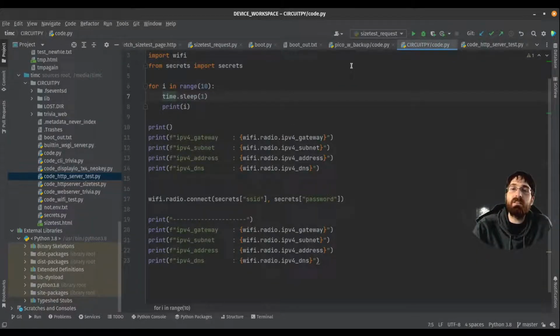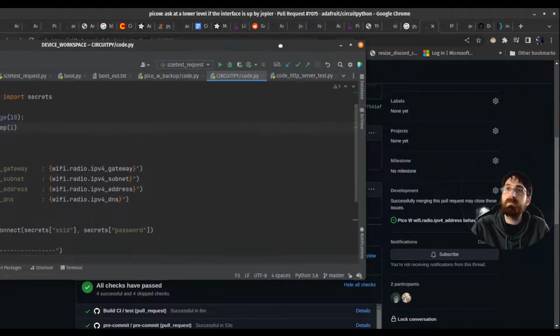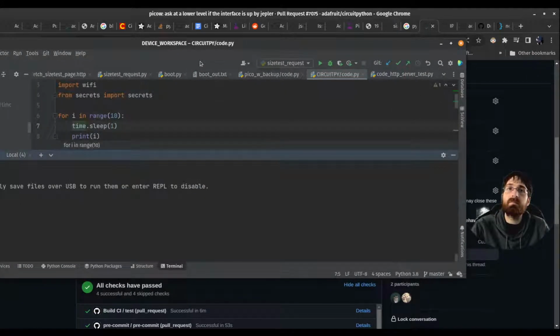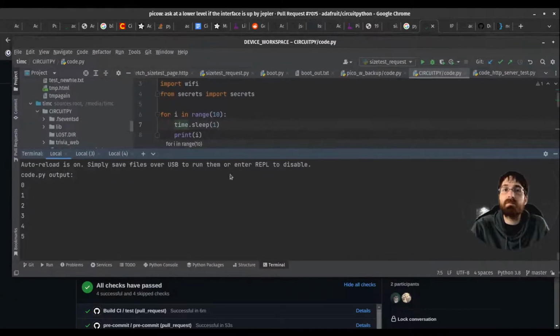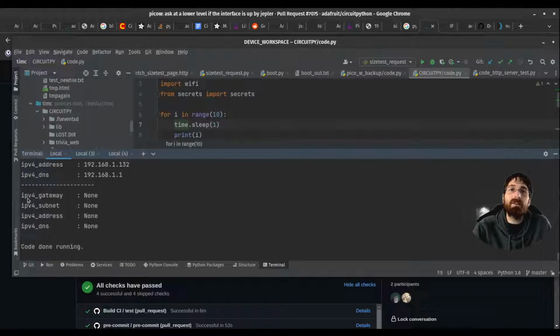Could we make it disconnect by giving it the wrong name and password? That makes sense? Okay. Nice.